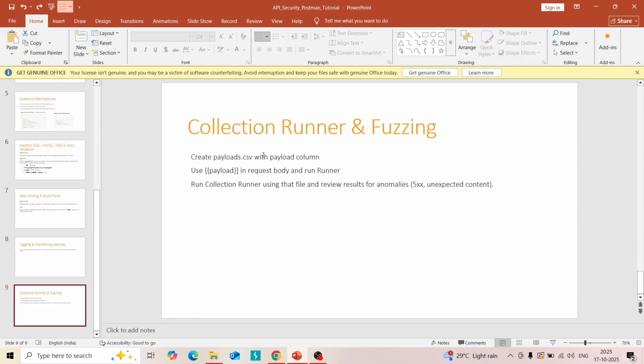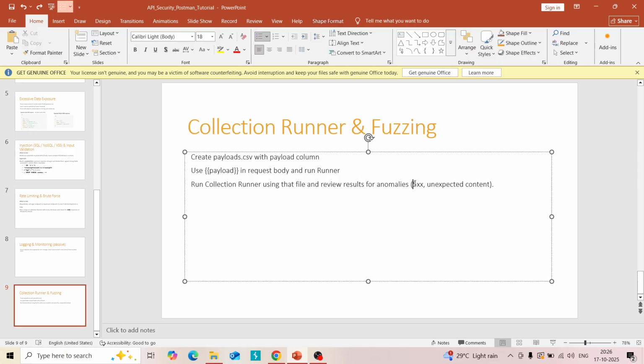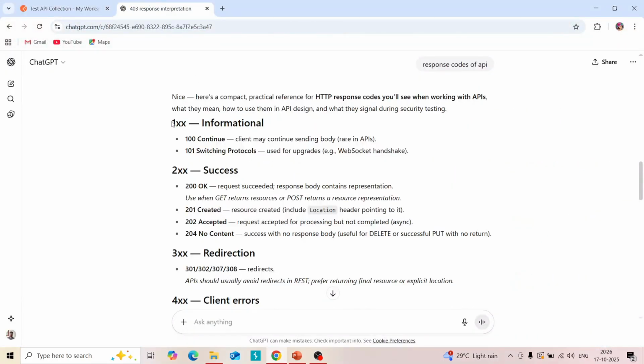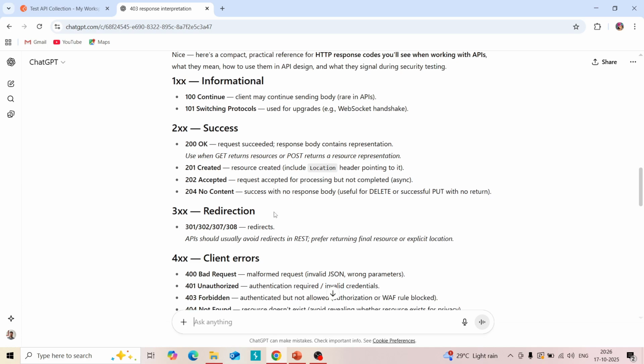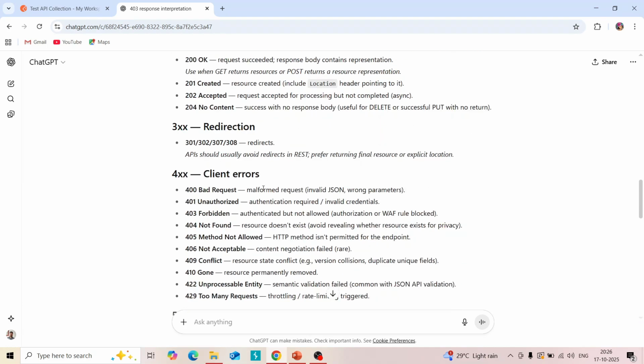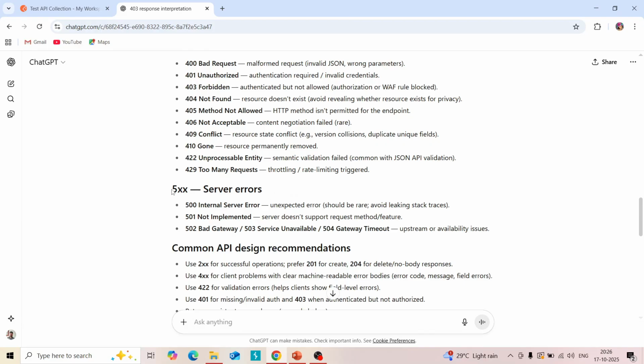Then the final one, collection runner and fuzzing. You can use a CSV file by giving the payload values, run this collection runner, upload that Excel CSV file, and run, evaluating any response that starts with 5, which means a server side error. Just to give an idea, 1xx means informational response codes, 2xx means success, 3xx redirection, 4xx means client side error, and 5xx means server side error. Okay,